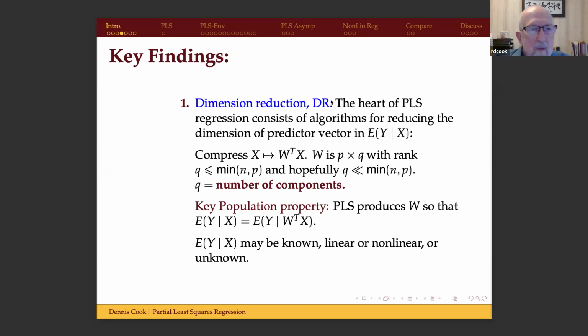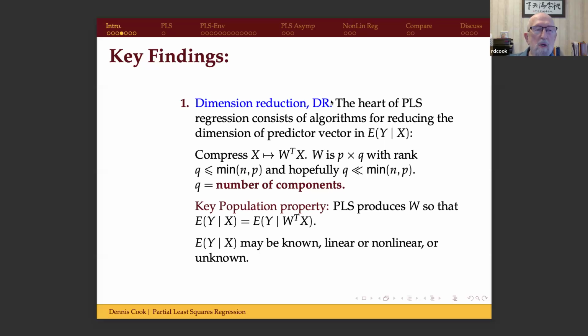So what are the key findings? Now, what I'm doing in this talk is a little bit different than a standard talk. I'm going to give the findings first. I'm going to tell what I think is important about partial least squares regression, and then later I'm going to explore these findings and develop them a little bit. But the findings or the conclusions are going to come first. So, number one,